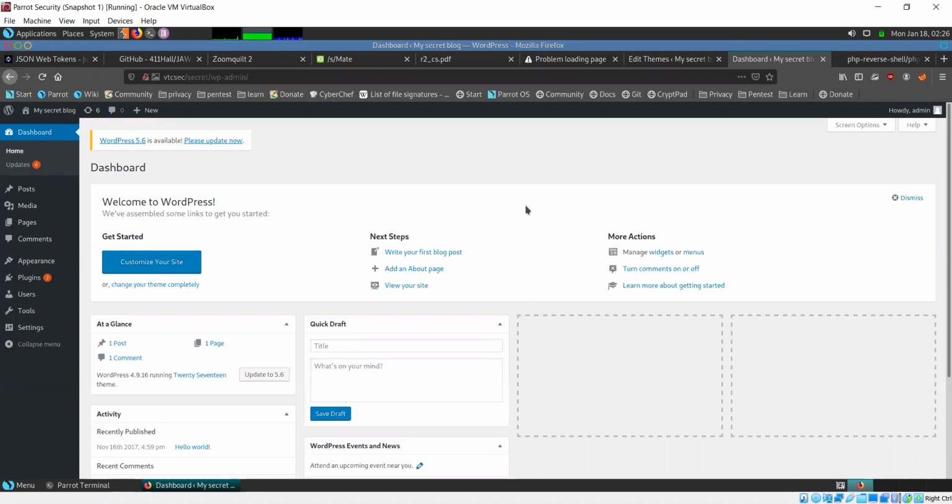We saw that it was built on WordPress. We tried to log in, and luckily for us, there was a very weak password configuration there. Username admin, password admin. So that's why, in a lot of places, you'll hear that it's important to keep a strong password and not reuse passwords anywhere. Otherwise it becomes easy to guess and easy to crack.